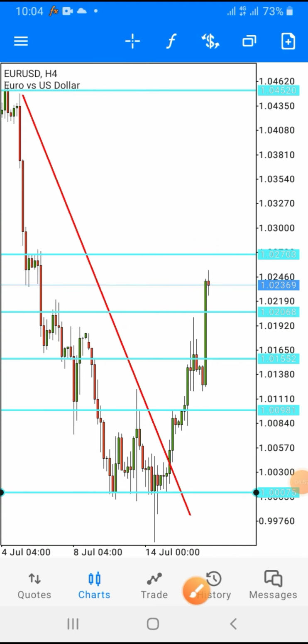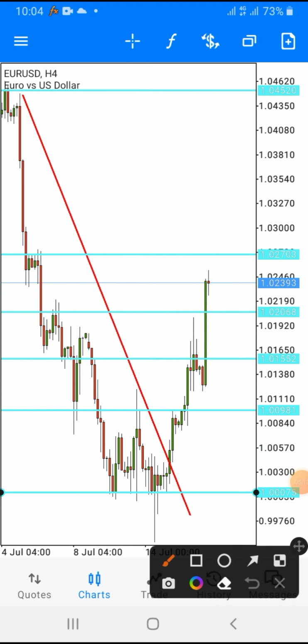That does not mean, sorry guys, that when I go to a lower time frame I will not see opportunities to buy or sell here at this current market, at this current zone. I am going to see buy or sell opportunities when I go to a lower time frame, but based on